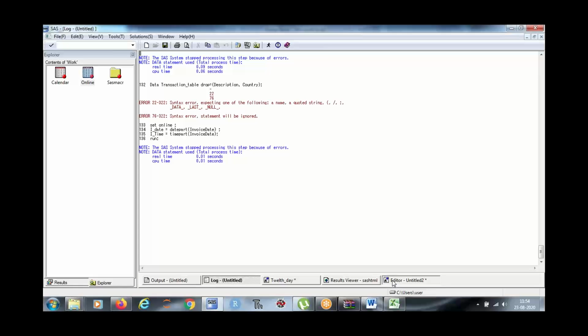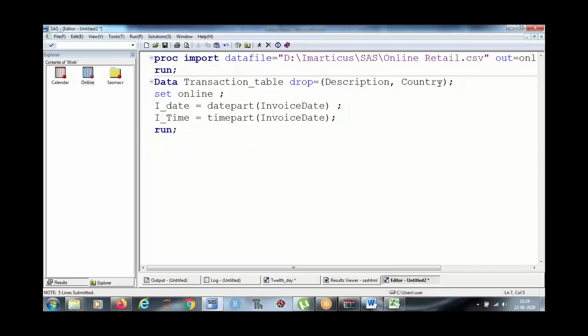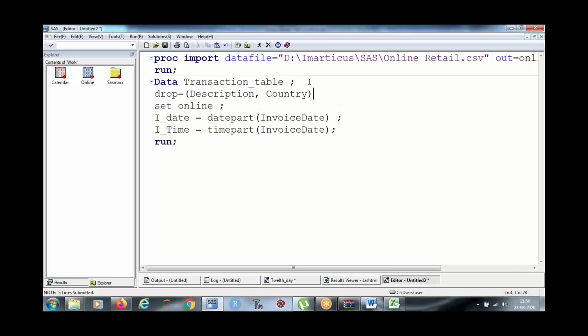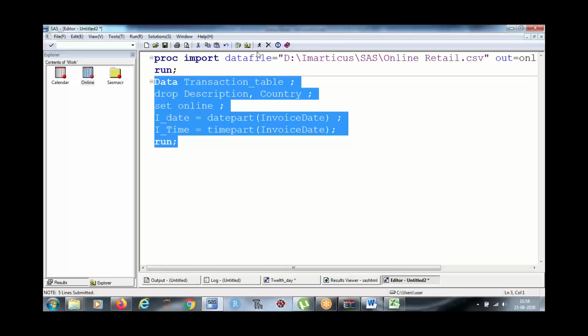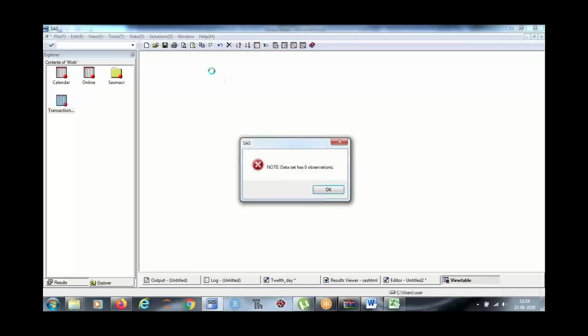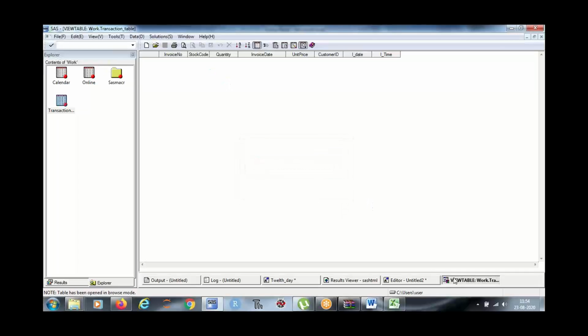Okay, we can probably use a different method. We can write this drop over here. Now we are in the transaction table, right? Oh, again error.